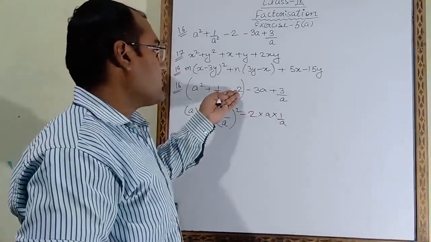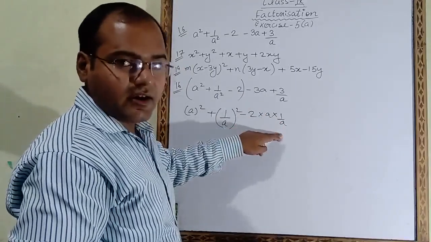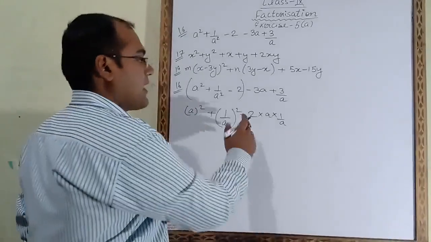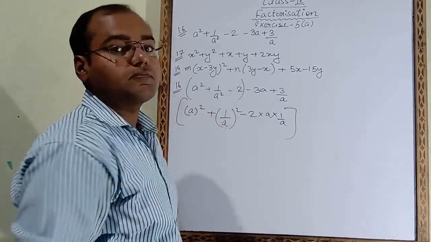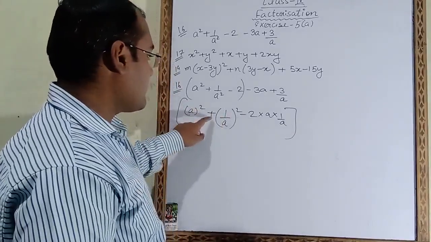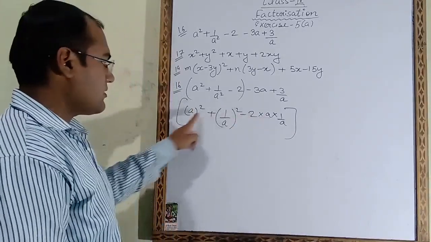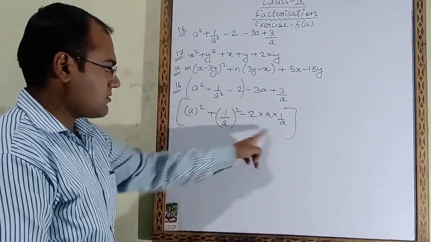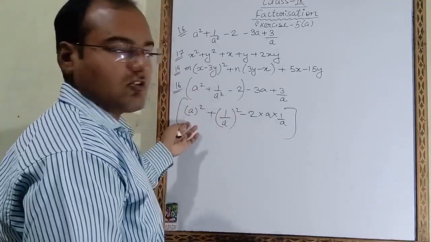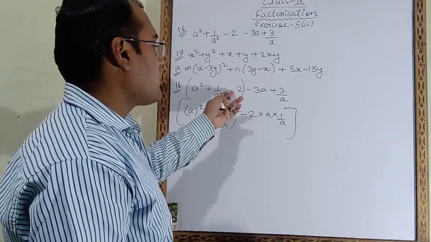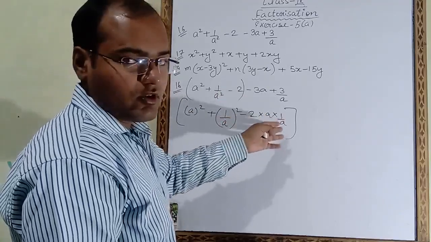So with these two we will take a in multiply also and a in divide also, and the benefit of taking these two terms is that here we will get one formula: first number square plus second number square minus 2 into first number into second number. So here we will get one formula. That's why this one we had written as a whole square, this one also as a whole square, and minus 2 we had taken as minus 2 into a into 1 upon a.